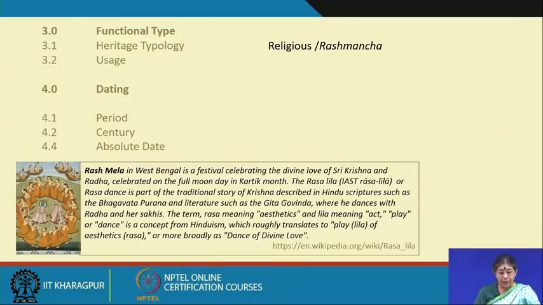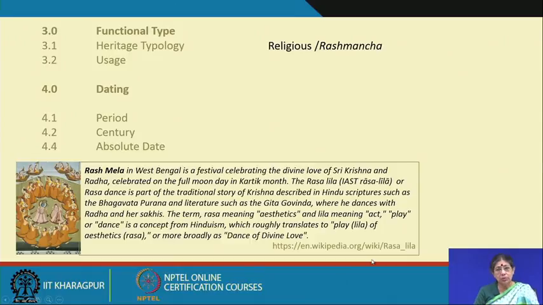is a festival celebrating the divine love of Sri Krishna and Radha, celebrated on the full moon day in the month of Kartik. The Rash Leela or Rasha dance is a part of the traditional story of Krishna described in the Hindu scriptures such as the Bhagavata Purana and literature, etc., where he dances with Radha and her Sakhis. The term Rasha means aesthetics, and Leela means act or play or dance. So, it talks about the concept behind the Rashomonsho, and we have also given an image and